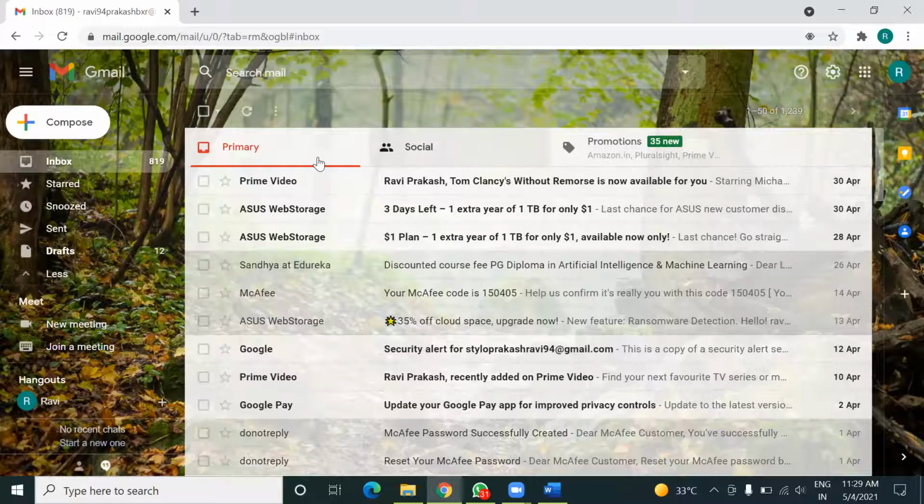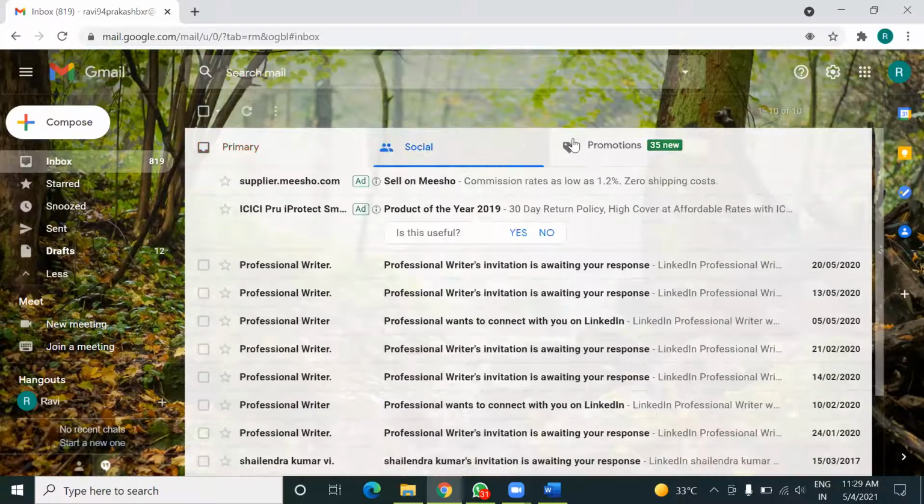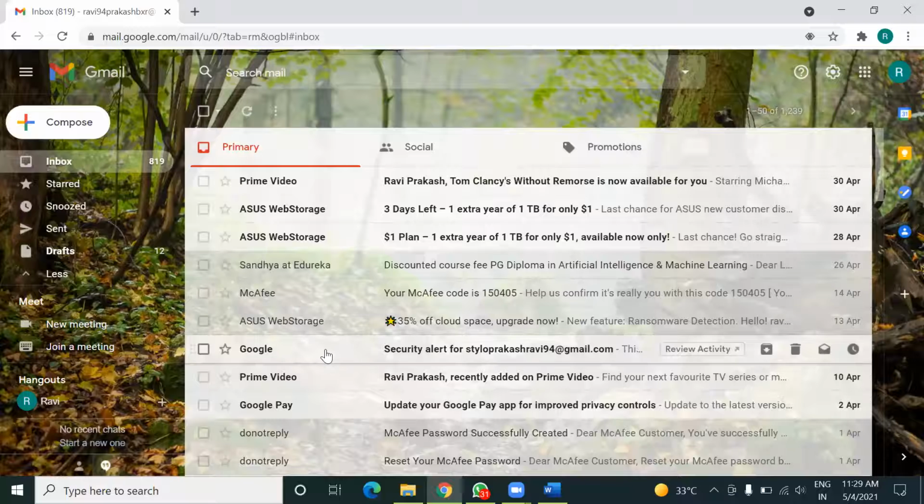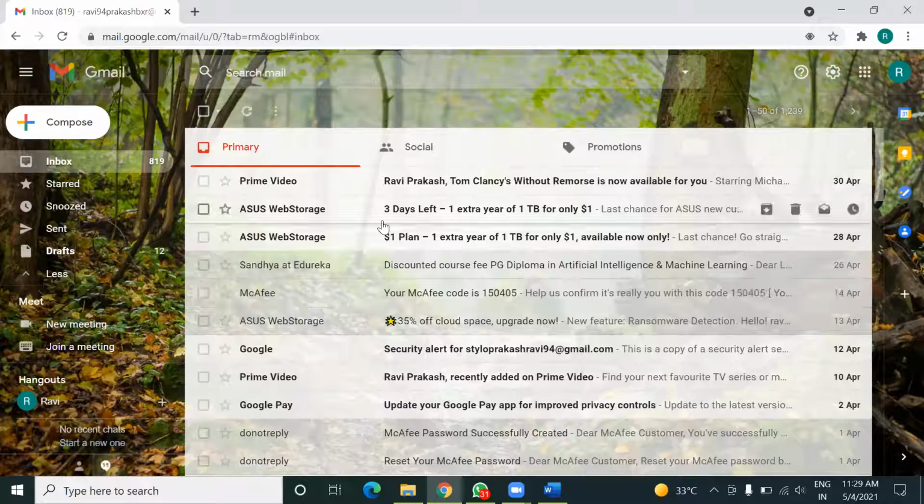This one you can see: primary, social, promotions. These are the three categories of email messages. Primary means messages received from specific websites, where there is no particular category. Next one is social, for all the social media platforms.